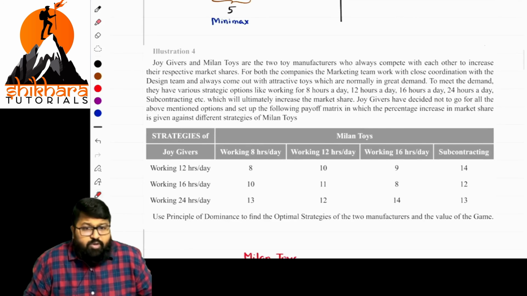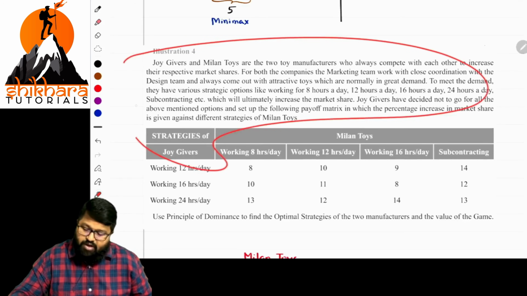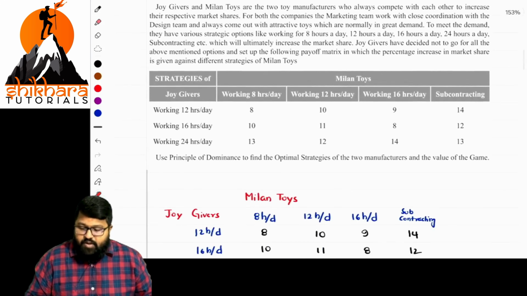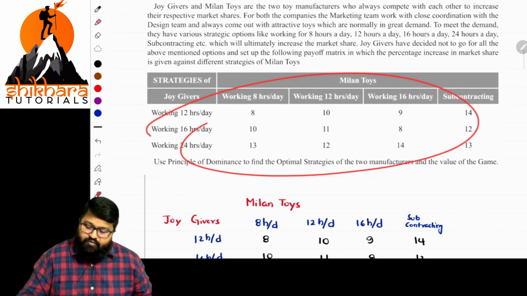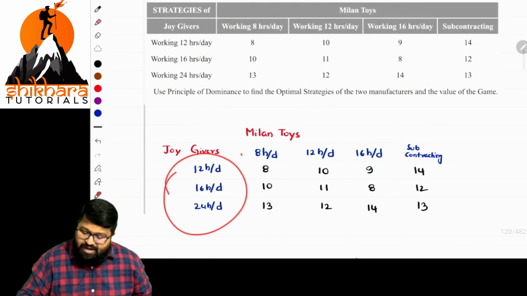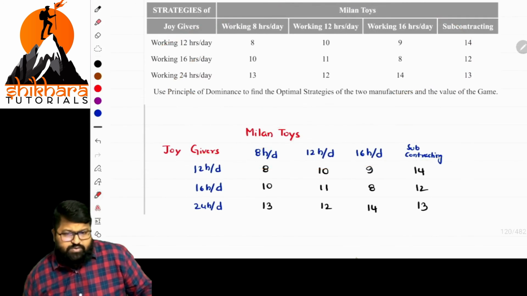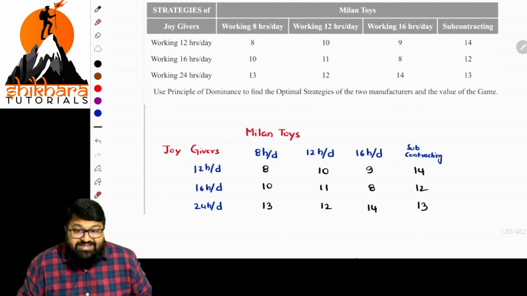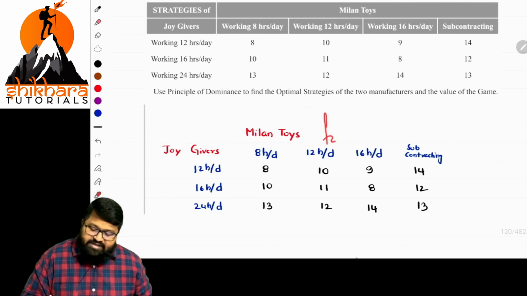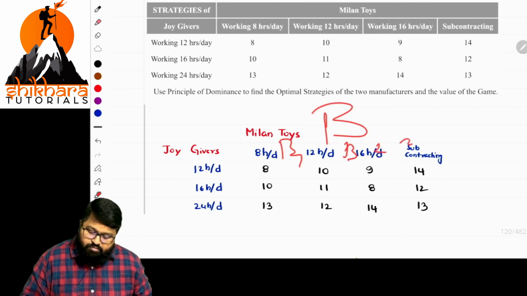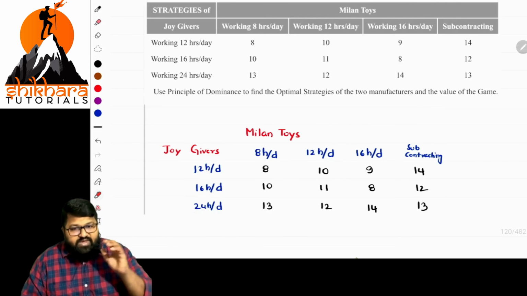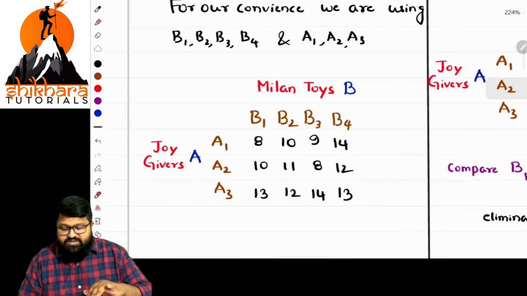So this is the most important problem. Basically, he has given a bigger story. That story is also worth reading once. If you read it once, it will be good for you. Once it is done, write this entire part in the form of a matrix like this. But writing these values again and again will not be effective. So for our convenience, let us take Milan's choice as minimizing loss, and the joy givers' as maximizing gain, and it is represented with the letters B1, B2, B3, B4, and similarly A1, A2, A3. That's the point. Now these values are represented like this.